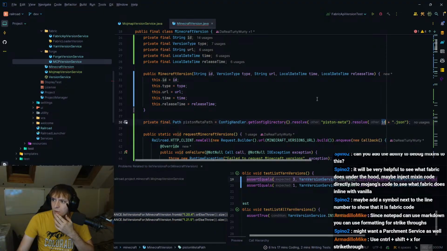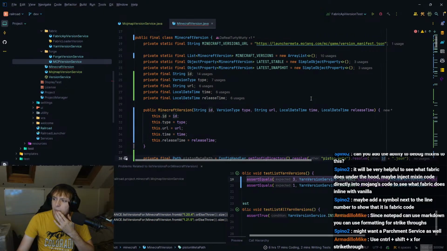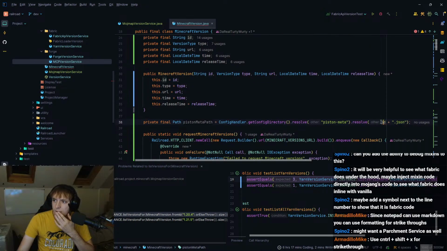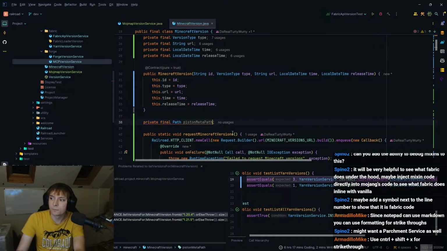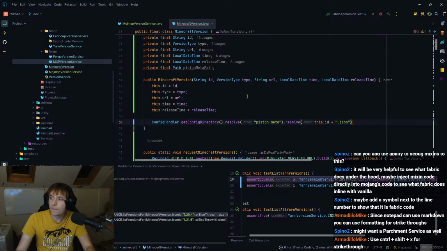ID might not have been initialized. It has. I can tell you it has. Okay, well, in that case, what I can do is I can just do it in the constructor, like that. And then say, oops, this dot piston meta path is equal to that.